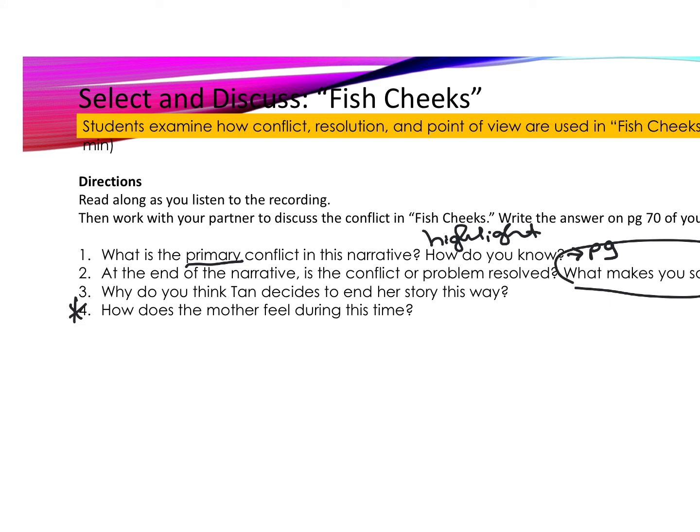Okay, so when it talks about her getting over her crush, it's almost like she's acknowledging she's grown up. Yeah. And that Robert was just a small part of her life. And that's why when I say that Robert was a conflict, he was, but he wouldn't be the main conflict, because if you look at the end of the story, it was, hey, I've grown up, Robert was nothing. Okay. Now, the mom during this time, how do you think the mom felt?